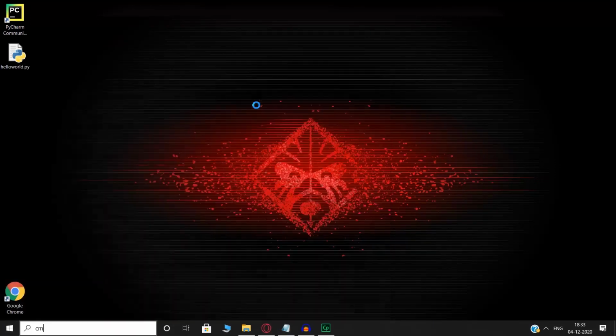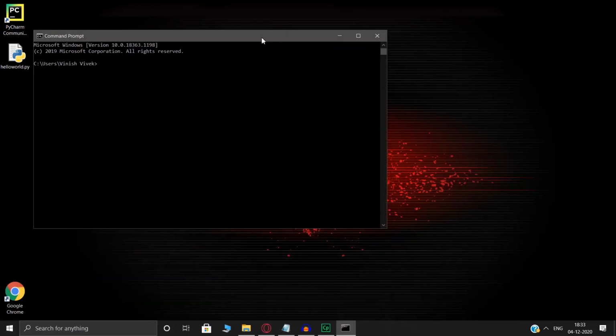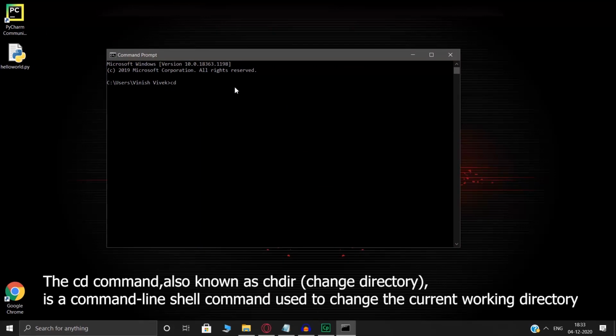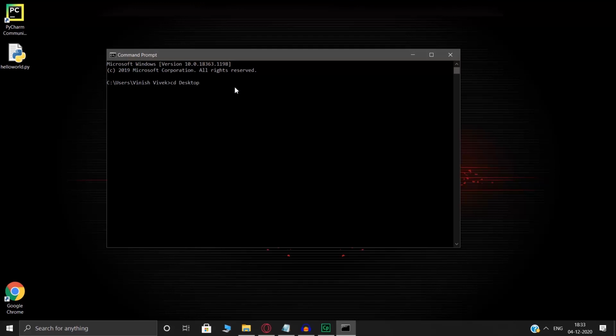We'll go into command prompt. Now in command prompt, I'm currently at C:\Users and my name over here, but in your system it will show your name. So we want to go into desktop. I'll hit cd space D. I can write the entire thing, desktop, or I can just press tab, and it'll show me all the folders that start with D. So I'll select desktop and hit enter.